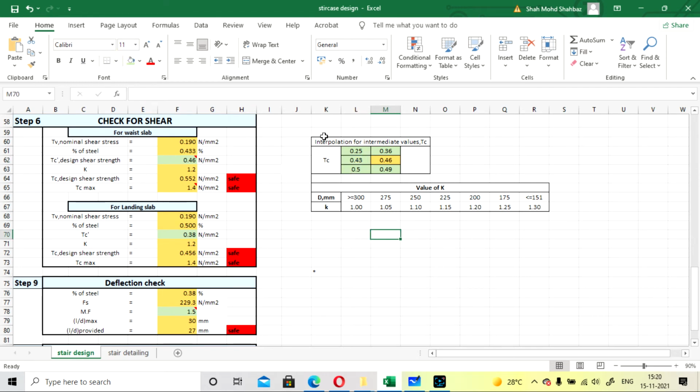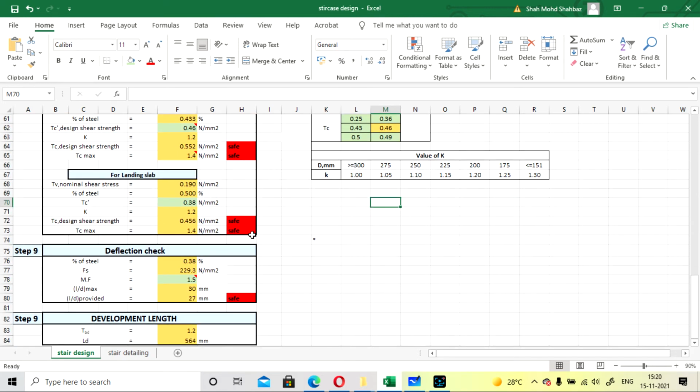Either you want to do it for different values, so you can copy this here and this here, and directly insert these values. Or you can go one by one in the same interpolation table. If you provide 500 and go with the table, you provide the upper and lower value. Similarly for the grade of concrete here, this value will be calculated automatically and you have to put it outside. So all the values will be calculated and it is safe.